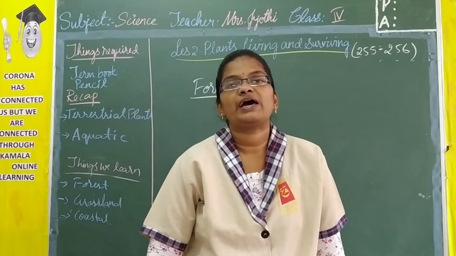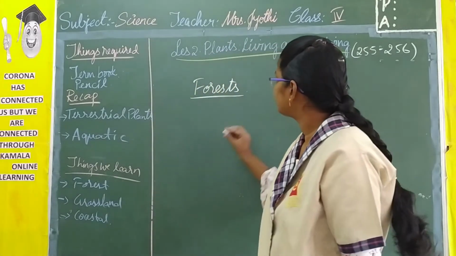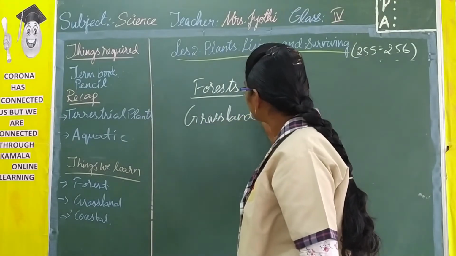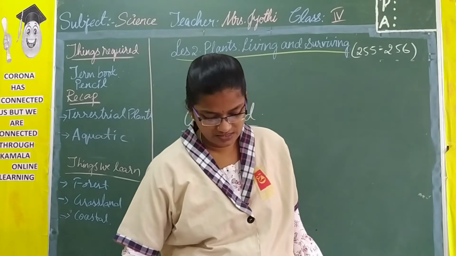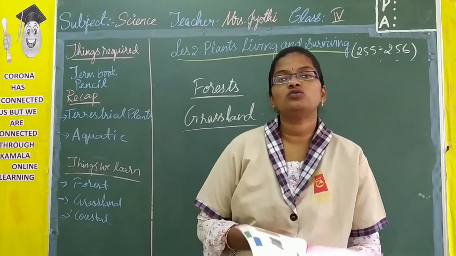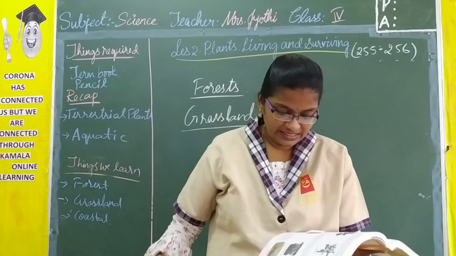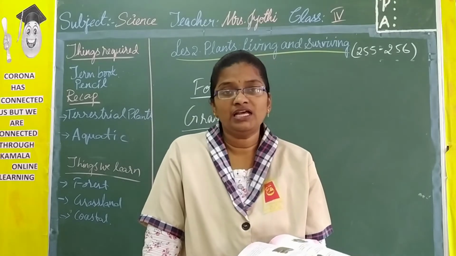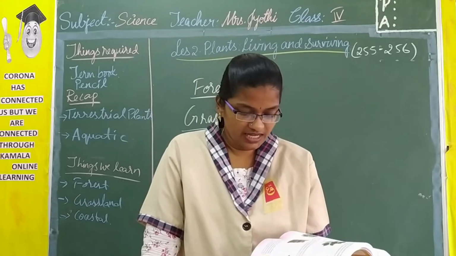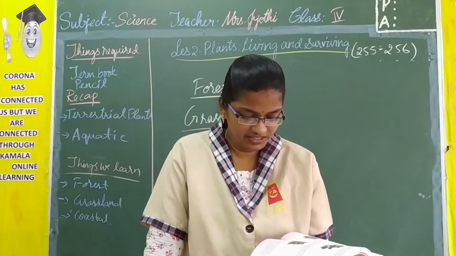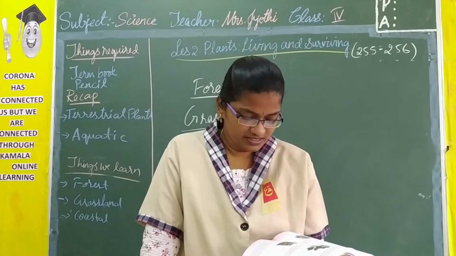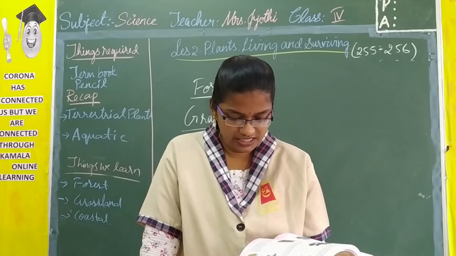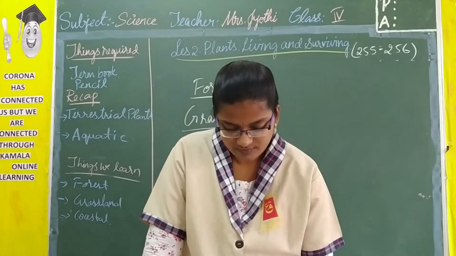Then moving on to plants which are in grassland. So how do plants in grassland grow? Grasslands are large areas of land covered with grasses and wildflowers. Trees and large shrubs are absent here. Ice covered land masses have no grasslands. The roots of grass hold the soil and make it rich, suitable for farming.